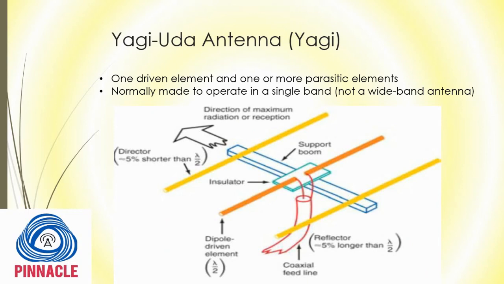To improve directivity, it's beneficial to use dipole antenna with reflector and director. So this antenna has a director 5% shorter than the half dipole and a reflector 5% longer than the half dipole. To achieve resonance condition at the resonance frequency, or in our case the antenna operating frequency, it is necessary that the reflector is 5% more and the director is 5% less than the driven element, which is the half dipole antenna, lambda by 2.